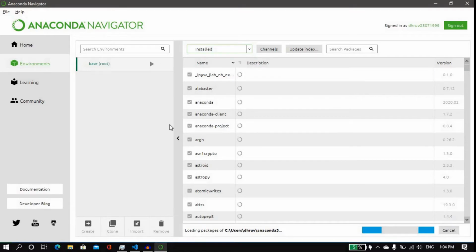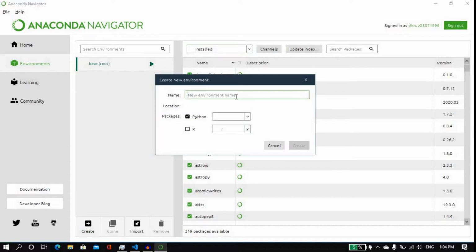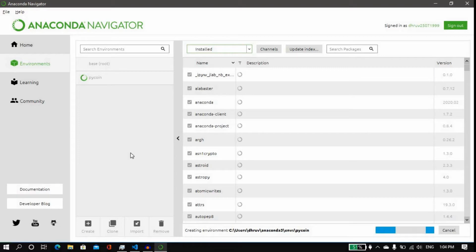Okay, so we'll create the Anaconda environment. We will create a new environment named PyCoin, which I had created previously. So I will name it PyCoin and then create. It will create a whole new virtual environment for Python projects. Basically, this will help us reduce collisions between projects.